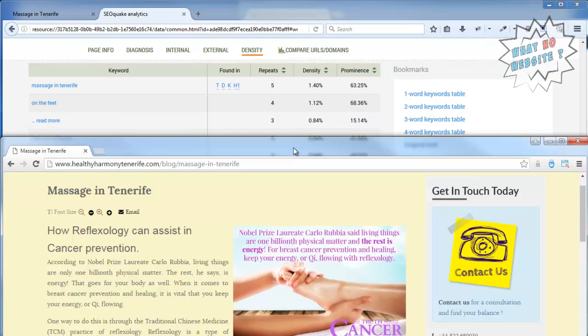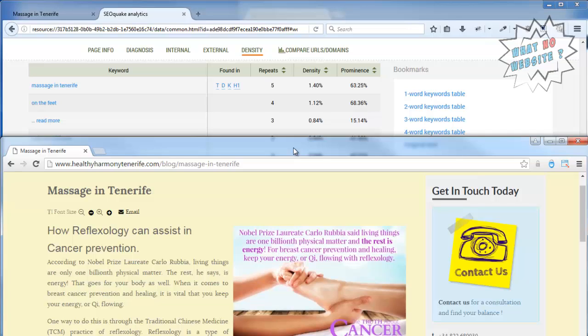The target density is around 2 to 3%. You can go for a lower density if it's a niche service, if there's not many people doing it. You could go for a higher density if you want to push the content further up the rankings in Google. However, when you do that, you have to be conscious of the fact that the content has to be human